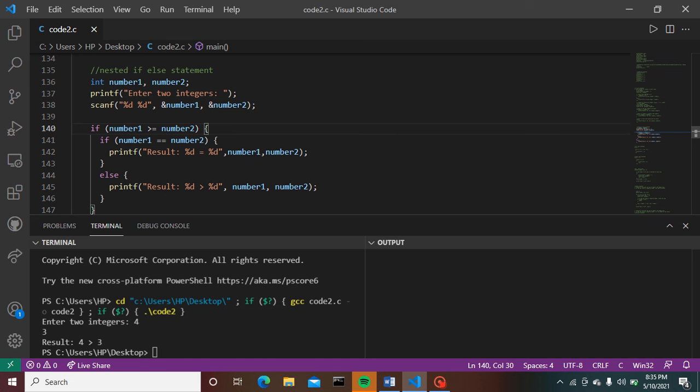Here the very first line is the same as we have seen above: integer number 1, comma, number 2. We have declared variables number 1 and number 2 of integer type. Next, the same proceeding, printf: enter two integers. We have entered two integers where scanf takes the respective input made by the user, that is 4 and